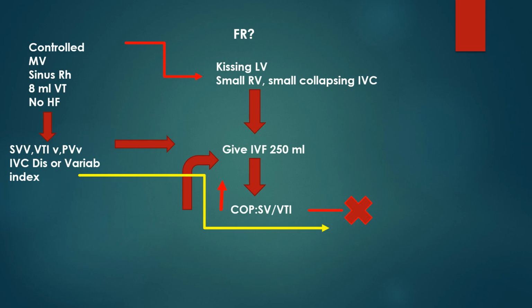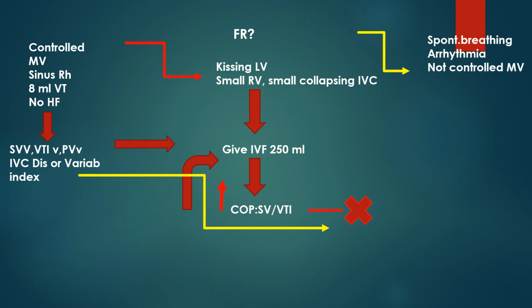you might go with other signs of volume responsiveness, like stroke volume variation, VTI variation, pulse pressure variation, systolic blood pressure variation, IVC distensibility, superior vena cava distensibility or variability index, and then you decide to give more IV fluid or not. If your patients are spontaneously breathing or they are arrhythmic, not on controlled mechanical ventilation, or have high intra-abdominal pressure,